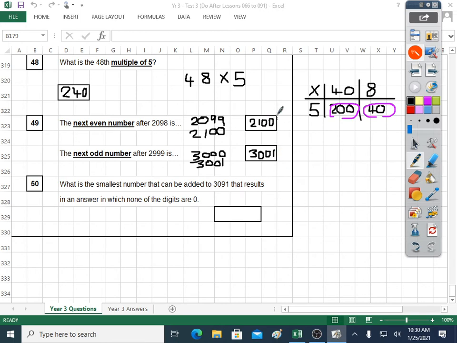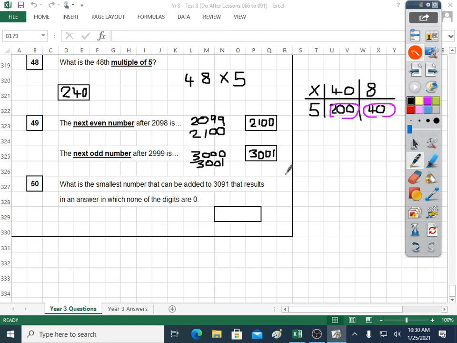And you have to get both those parts right to get the mark for question 49. Finally, question 50, probably the most difficult one in the whole test. I've got to be really careful I don't get tricked. What is the smallest number that can be added to 3091 that results in an answer in which none of